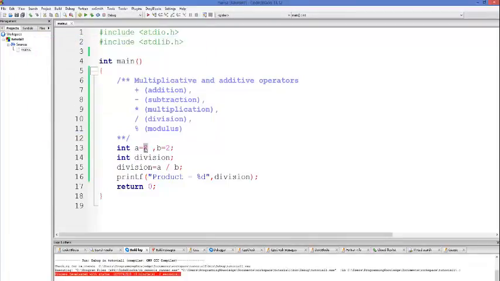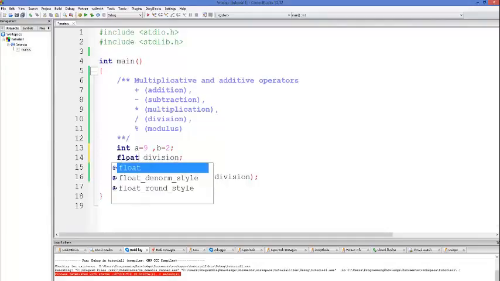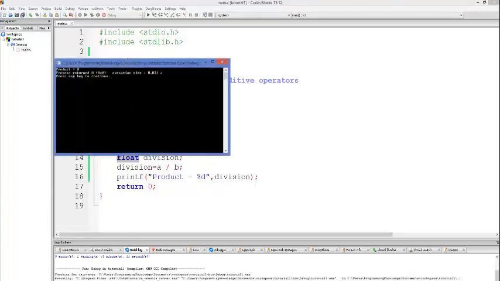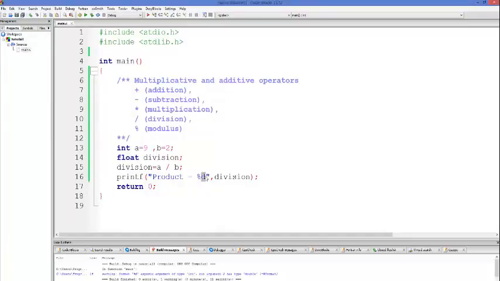But whenever, for example, I have 9 and I want to divide it by 2, and by the way, these are integer values, so let's change it to float. 9 divided by 2 is 4.5, so that's why we will save it in a float variable. Compile and run the program, and it will give us the value. Let's see what value it gives us first of all, and it gives us 0 because we haven't changed this thing,